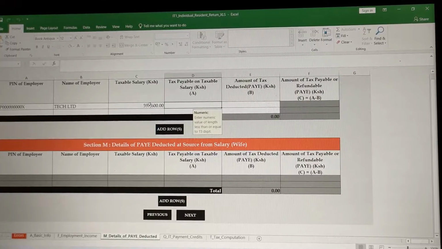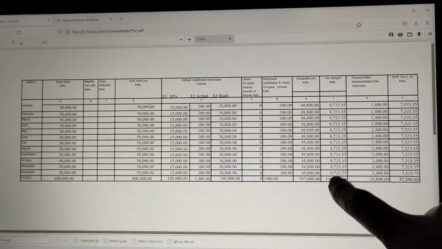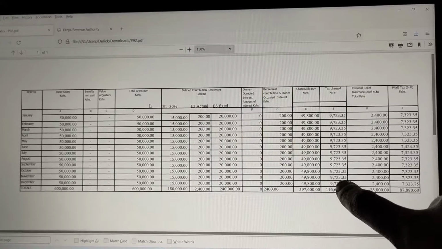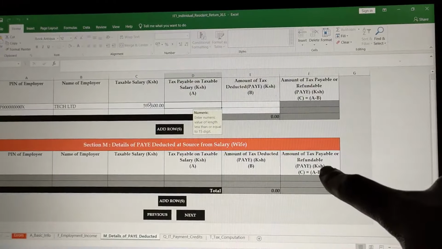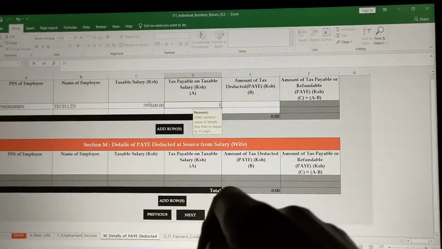597,600. The tax payable on taxable salary is the next column after the chargeable pay, which is the tax charged. This is what is referred to as tax payable on the KRA Excel sheet. So our total here is 116,680. So you key in there